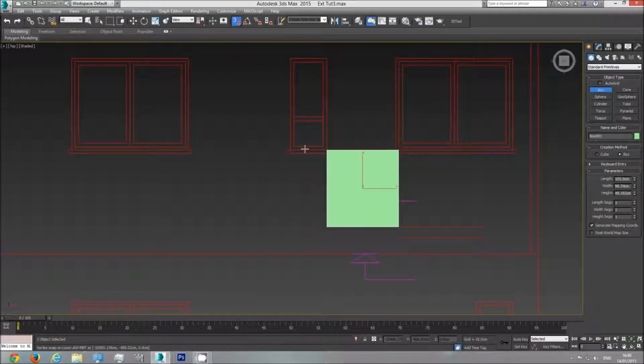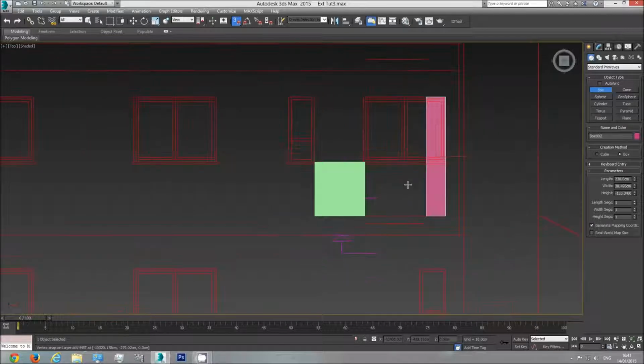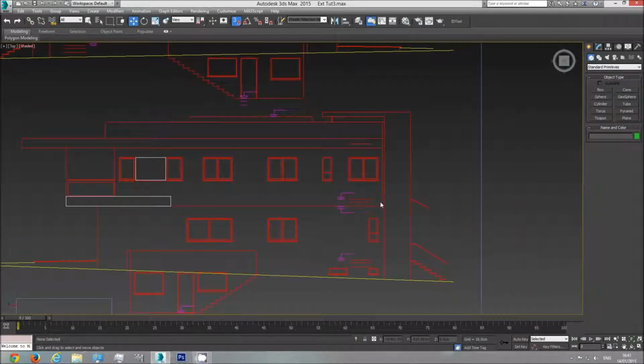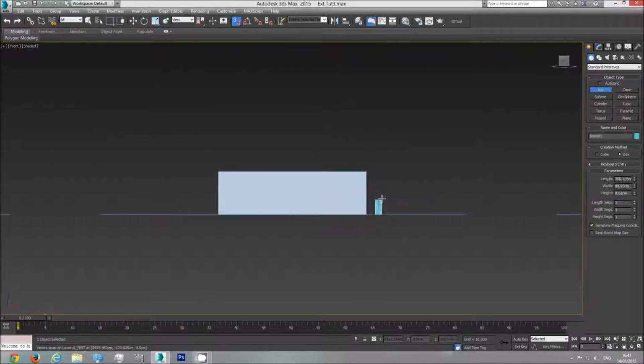The height of the bottom part of our window is 105 centimeters. The top part from the floor is 230. So 105, 230. I'm going to go to the front viewport and create one box, which is 105 height,